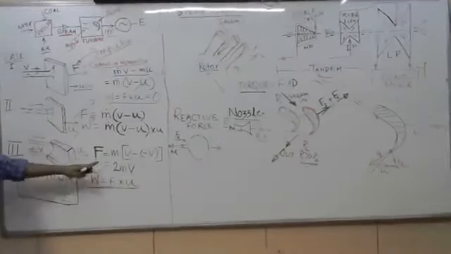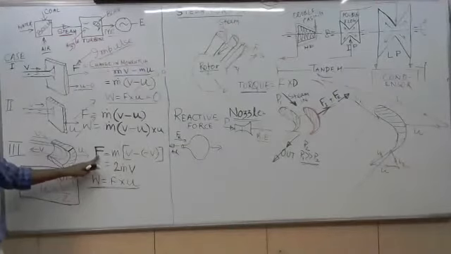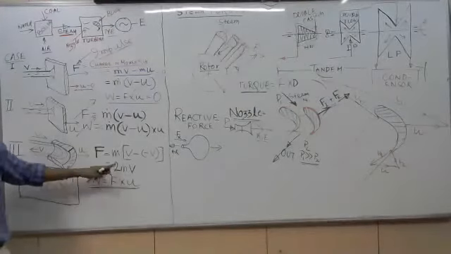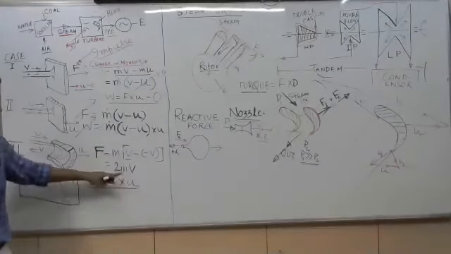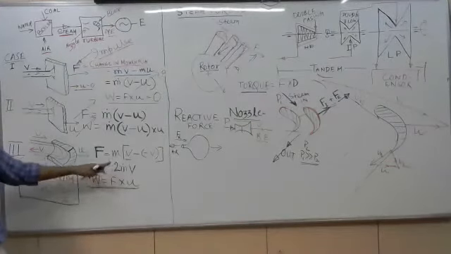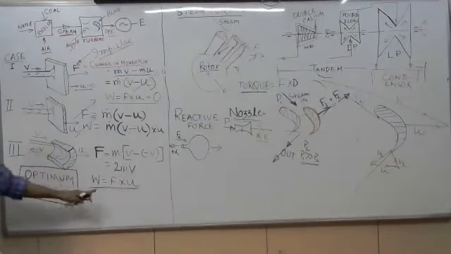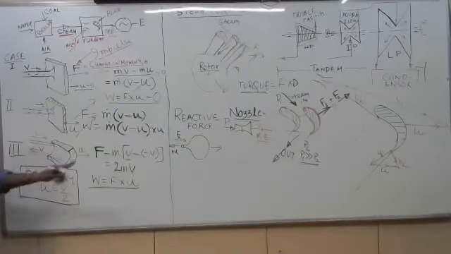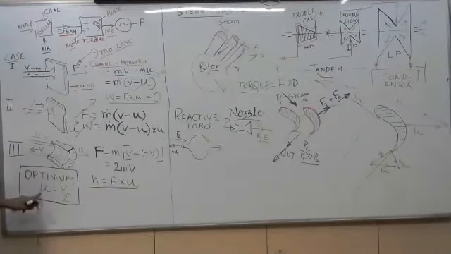So in that case, the force on the plate is getting increased twice. That means earlier it is m(v minus u), now the force on the plate is becoming double. And the optimum work is W equals m v u. By differentiation and calculation, you can find out the optimum velocity of the plate can be half of this steam velocity. That can be calculated. We are not going into the calculation.